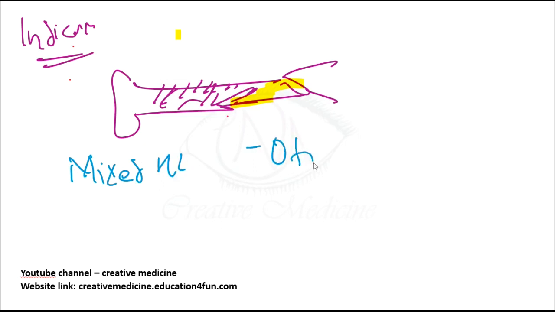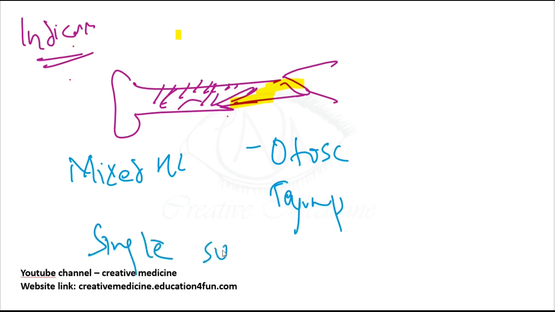Like otosclerosis and tympanosclerosis, you can use this mixed hearing aid. Then if the patient has single-sided hearing loss, you can also use this bone anchored hearing aid. Okay, next